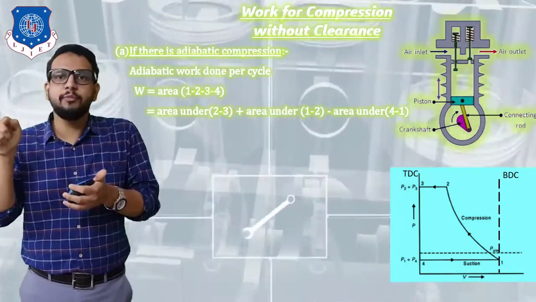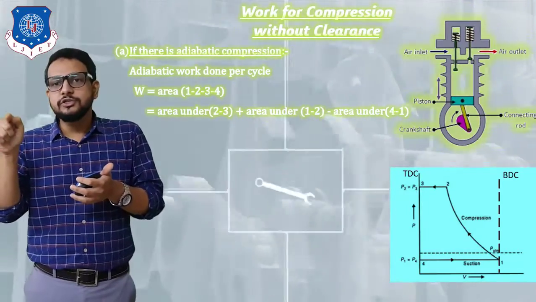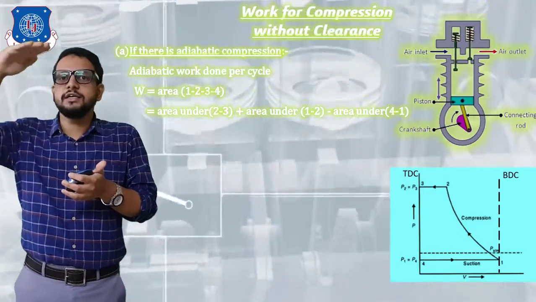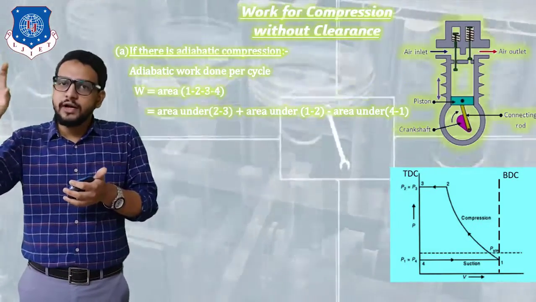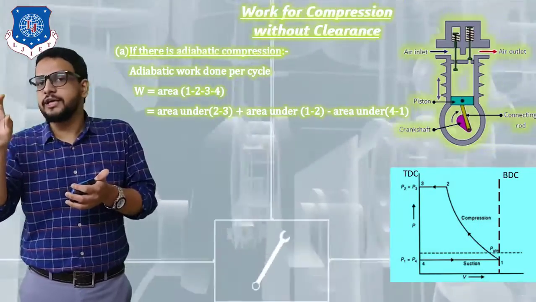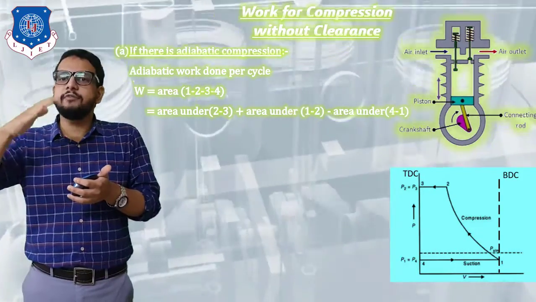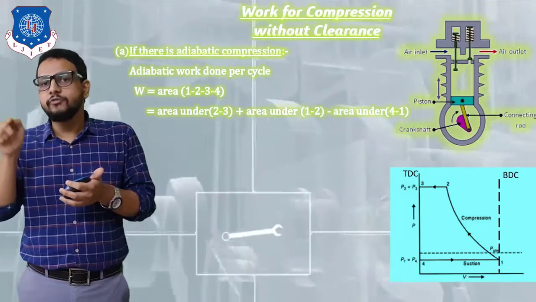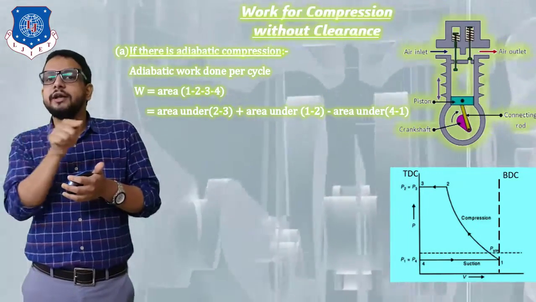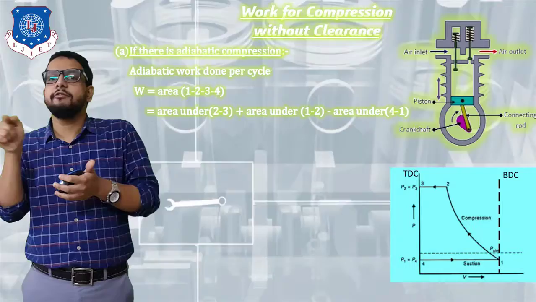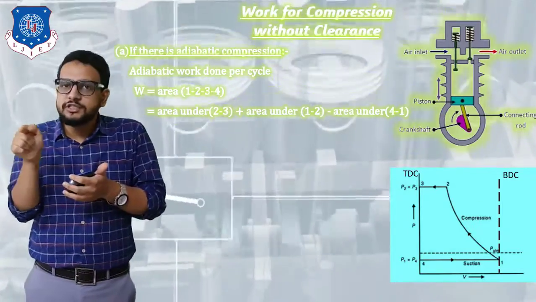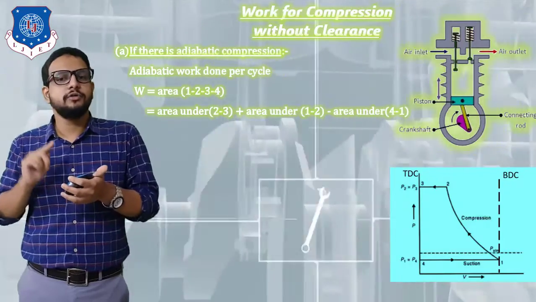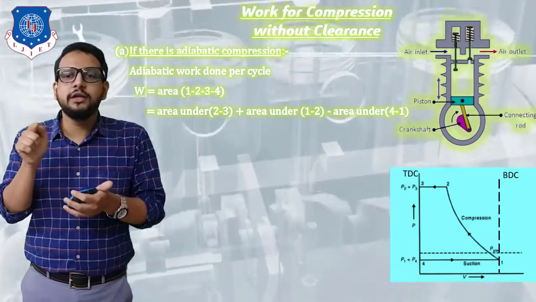So point 2 represents the pressure which we have already achieved. Now this is based on a hypothetical condition. We are assuming that further motion of the piston towards the TDC will open our outlet valve, and at constant pressure air will be delivered and will get out through the cylinder. This is represented from point 2 to point 3, shown by this horizontal line, representing that at constant pressure air is delivered to an air receiver,